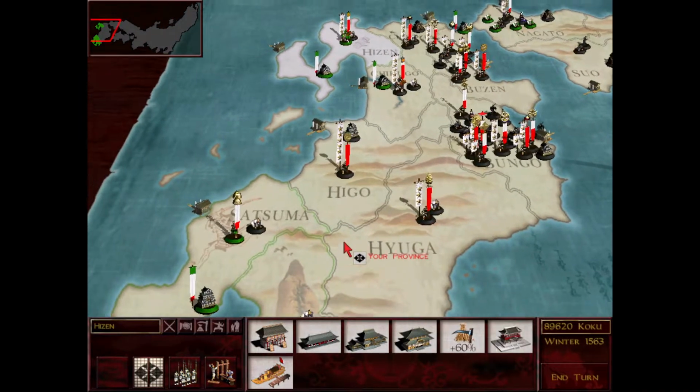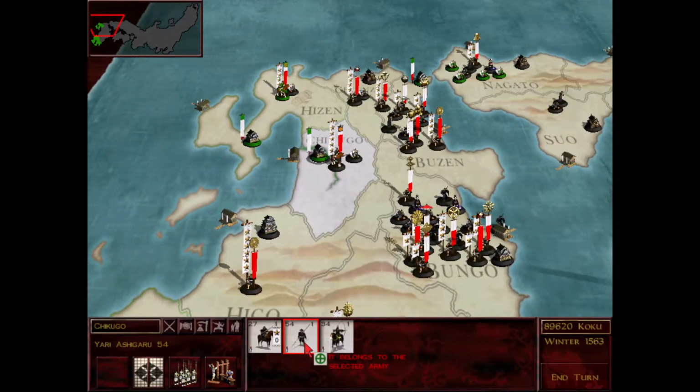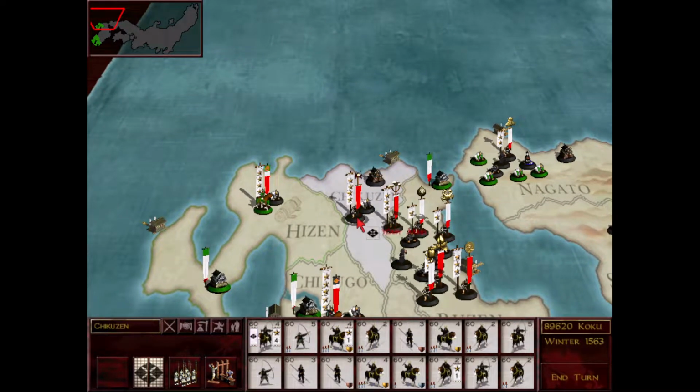So how many turns before this falls to me? Oh gosh. So it's going to take a year. Well, what do they have? Naginata, cav archers, and Ashigaru. Okay, well, I guess I'll attack that. It's going to be annoying, but whatever. Go in there, finish them off, and I can send in...